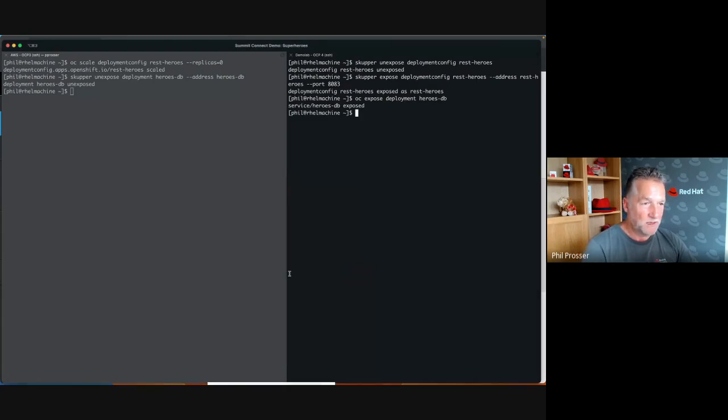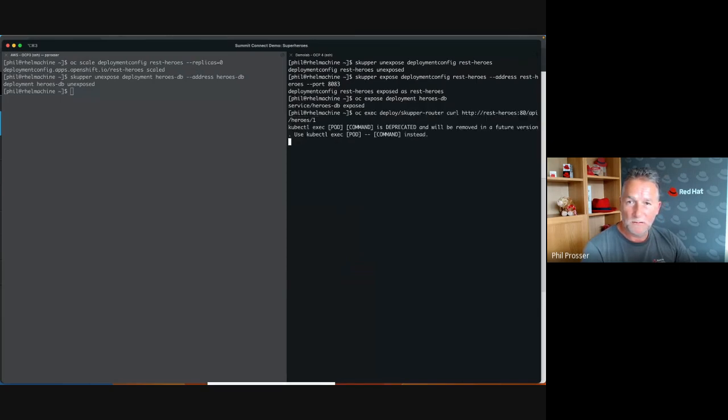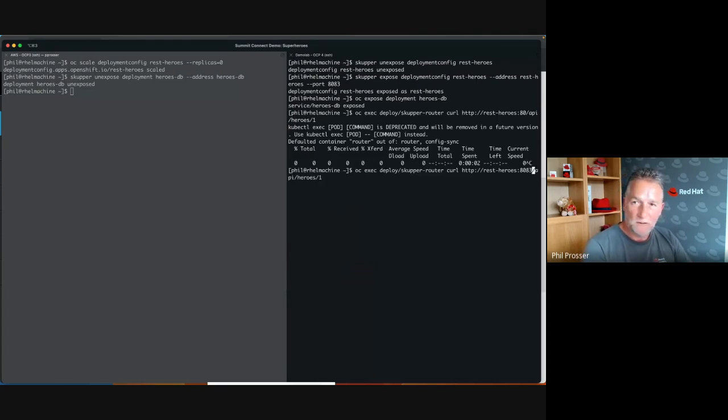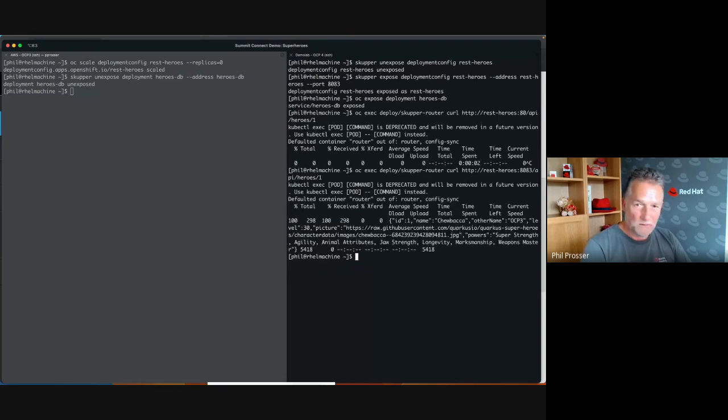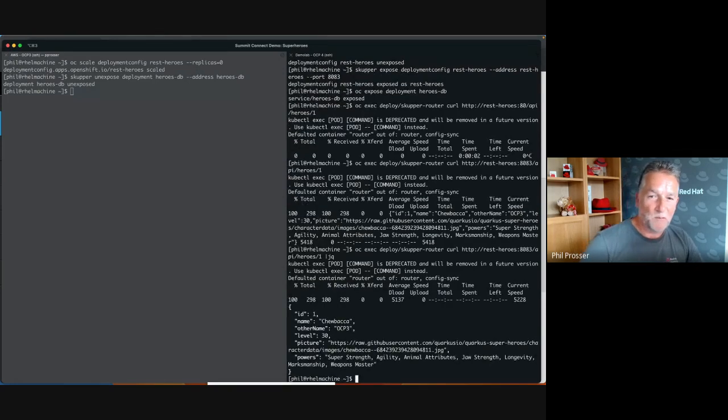So we can do a REST heroes query on this side. Let's just try it. Oh, it's on the wrong port, sorry. Port 8083 we exposed it on. All right, and let's just go JQ. Okay, so we can see it's moved, but my application's clever, and it only ever does this when I do a recording or show it to a customer directly. It's cached the data. So if I just go OC get pods,